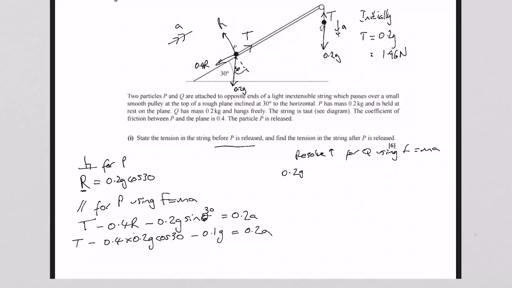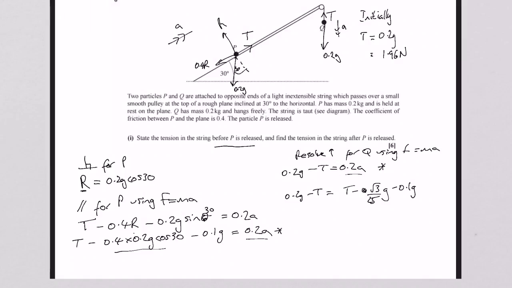So 0.2 g take T is 0.2a. Now we have a pair of equations, 1 and 2, with two unknowns, a and T. We're trying to work out T, the tension, so it makes sense to eliminate a. We could substitute one of these in here. So if you do that, you'll get 0.2 g take T is equal to T minus... Substitute that. If you were to use your calculator there, I believe we'll get root 3 over 25 g. That's this lot, minus 0.1 g,